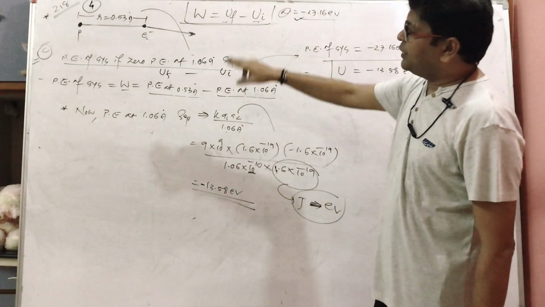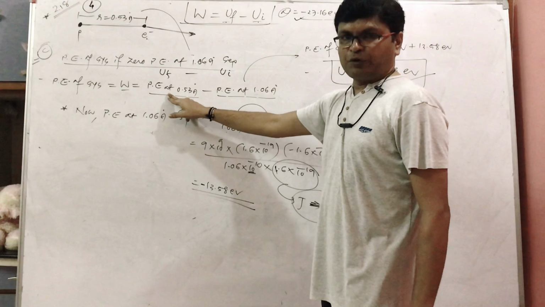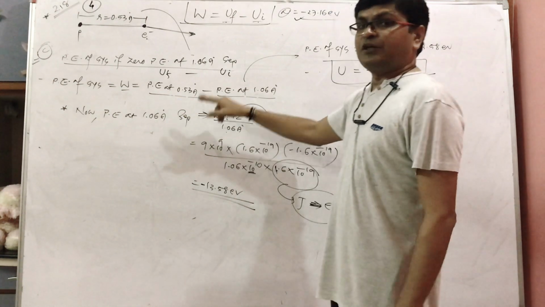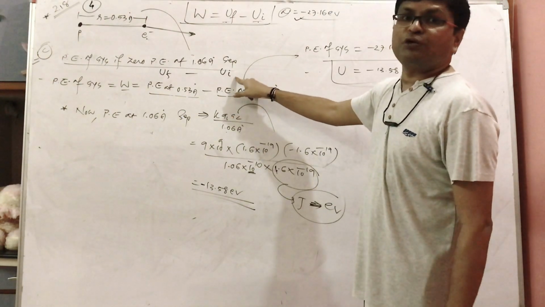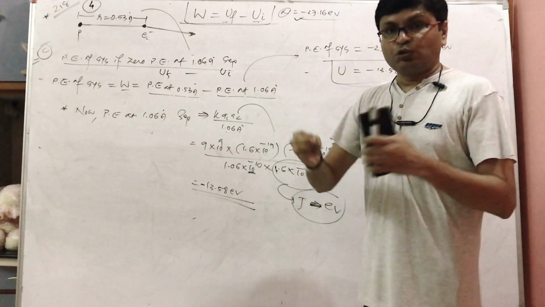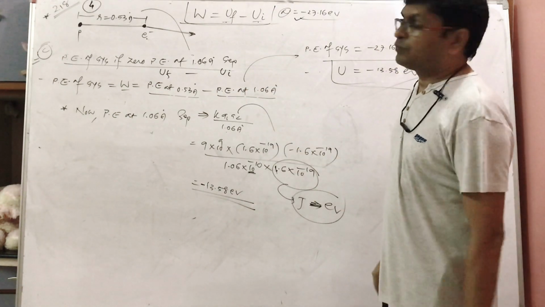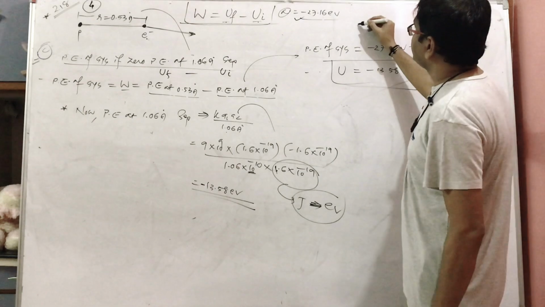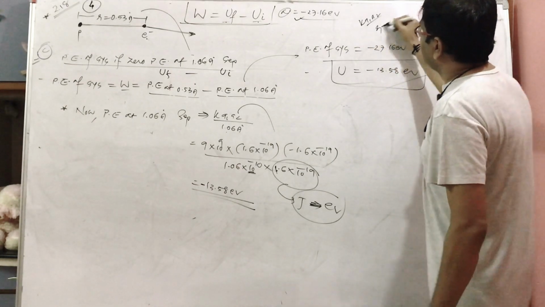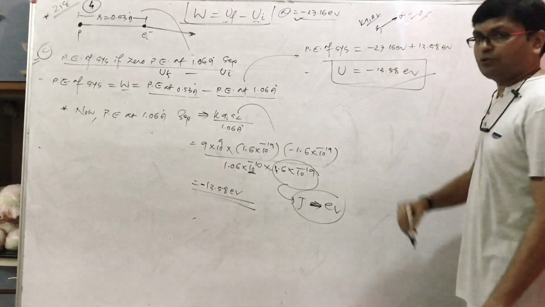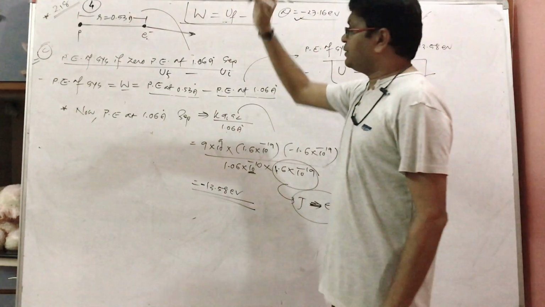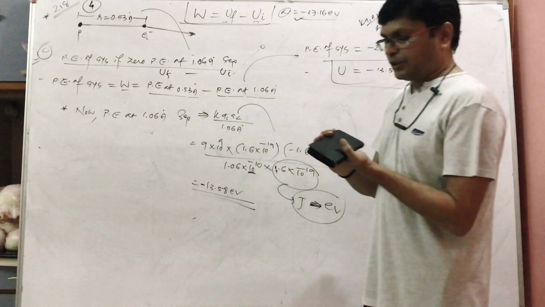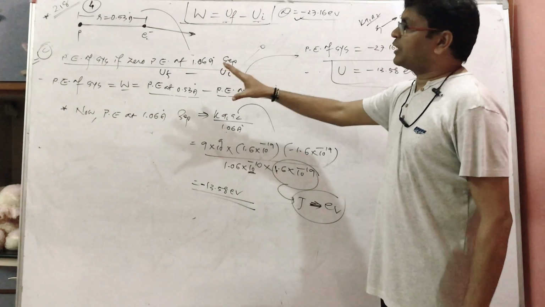वापस देखो पार्ट ए में फाइनल स्टेट तो वही है 0.53 एंगस्ट्रॉम सेपरेशन वाला, मगर पार्ट ए में इनिशियल स्टेट में दोनों एक दूसरे से इनफाइनाइट दूरी पे थे. मतलब अपन लोग फॉर्मूला अप्लाई करें K Q1 Q2 by R और R इनफाइनाइट लो तो आंसर क्या आएगा 0. इसलिए हमने प्रीवियस केस में पार्ट ए में UI 0 लिया, मगर पार्ट सी में हमें ऐसा बोला गया है